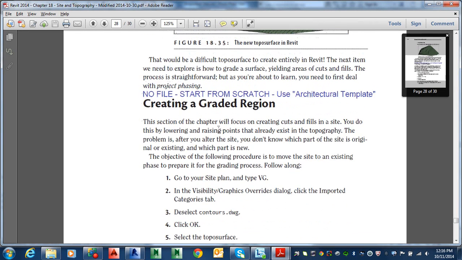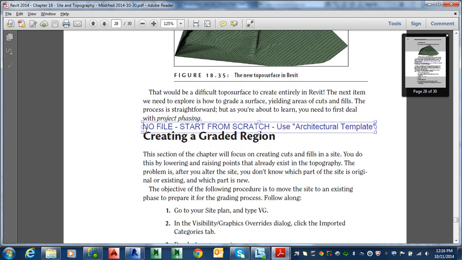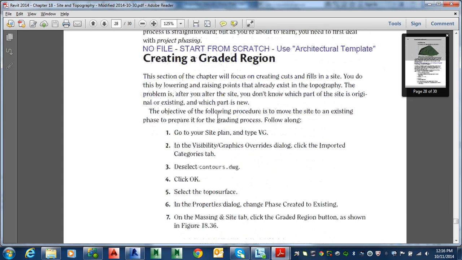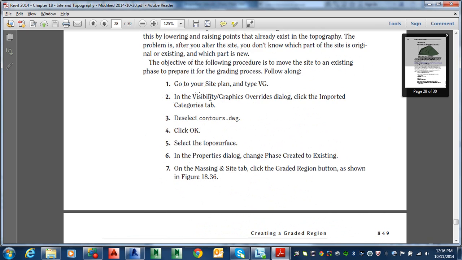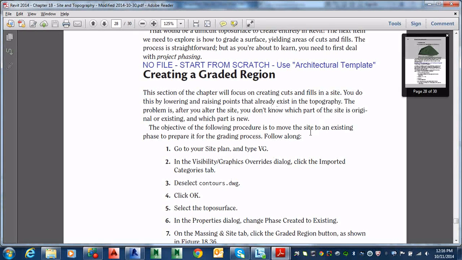Let me just explain a little error here. Doing the next section here, it's not starting from scratch actually at all. It's continuing on with this one here. All right. So the first thing we've got to do is actually make a copy of our